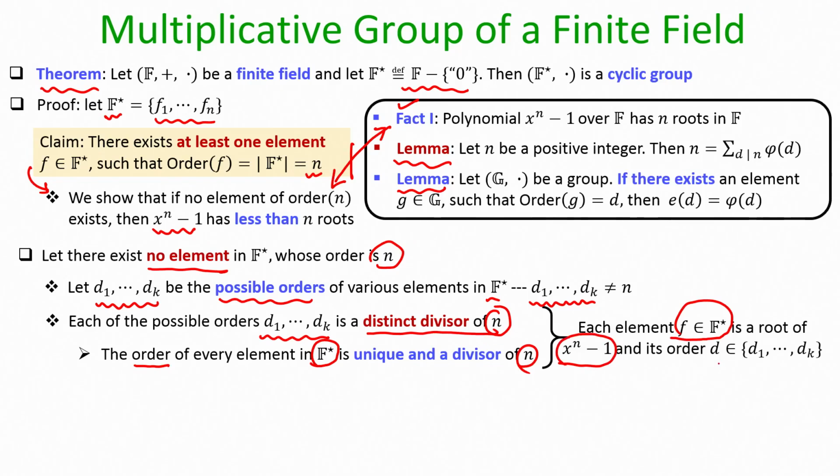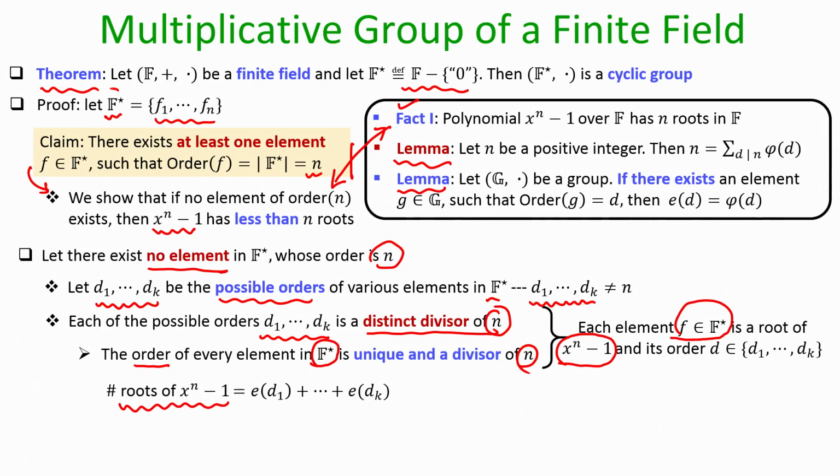And as per our assumption, the order of f will be either d1 or d2 or dk and so on. So, by tying these two facts together, what can I say about the number of possible roots for this polynomial? The number of possible roots will be the number of elements with order d1, the number of elements with order d2, and the number of elements with order dk. If I sum the number of elements with these orders, that will basically give me the number of roots for this polynomial x power n minus 1, right, because